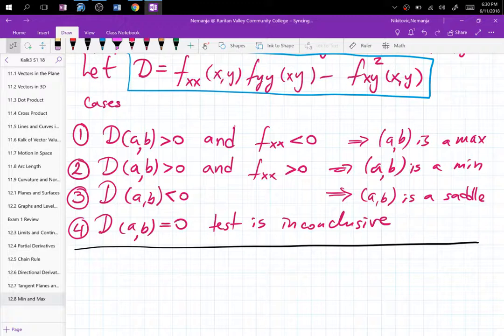Now, these problems tend to be a lot of work. You need first partial derivatives, then the second partial derivatives, then the mixed partial derivatives, then you have to set the first derivatives equal to 0, obtain points, compile the D formula, and then run that as well. It could be a very long process, especially because of the system of equations that you have to solve. So let's see something